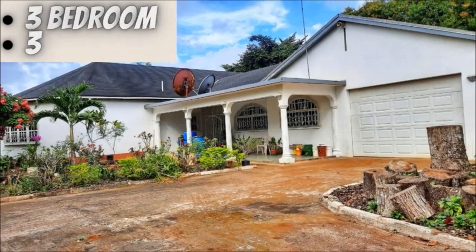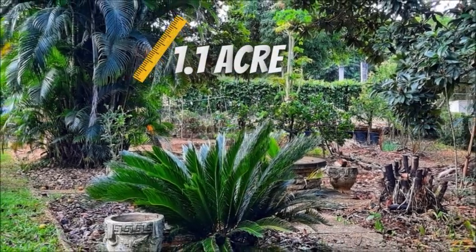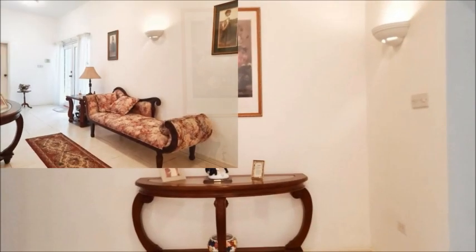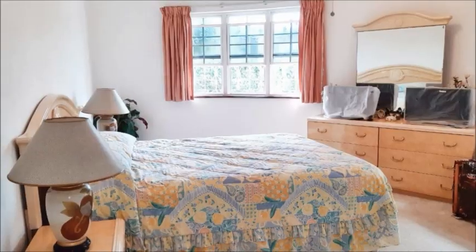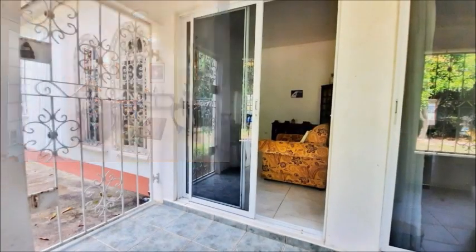This 3 bedroom, 3 bathroom British designed house sits on 1.1 acres of fertile fruited land and is uniquely decorated with antique and modern furnishings. It comprises a master bedroom with an ensuite bathroom, 2 bedrooms, a shared bathroom, front patio, a foyer, a kitchen,